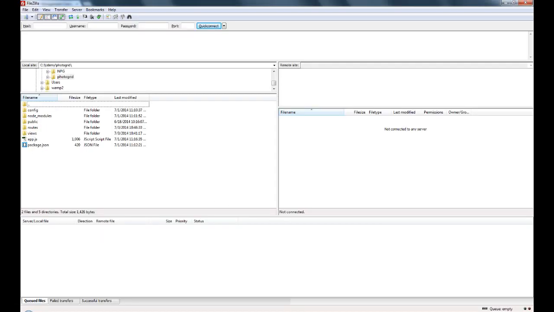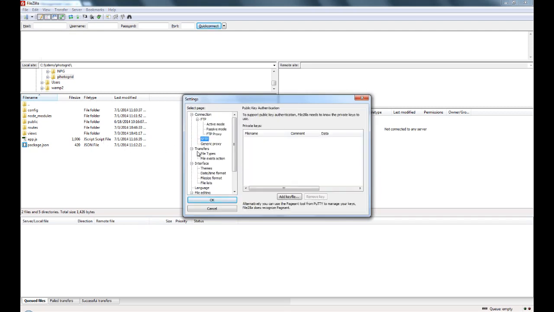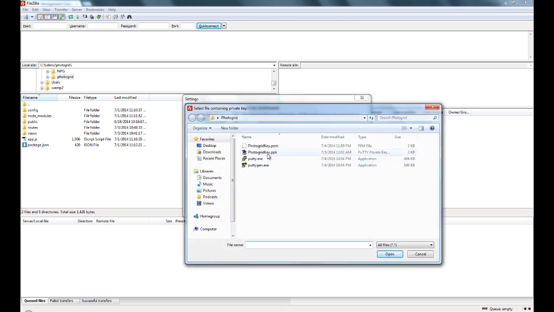So open up FileZilla, and what we'll need to do first is go into Edit, click on Settings, click on the SFTP option, and click on Add Key File to select your Photogrid key.ppk file. Now on a Mac, if you try and select the Photogrid key.pem file, FileZilla will prompt you to change that format to a .ppk, and in fact it will do the conversion for you. So since I already have a .ppk file, I'm just going to select that, click on Open,